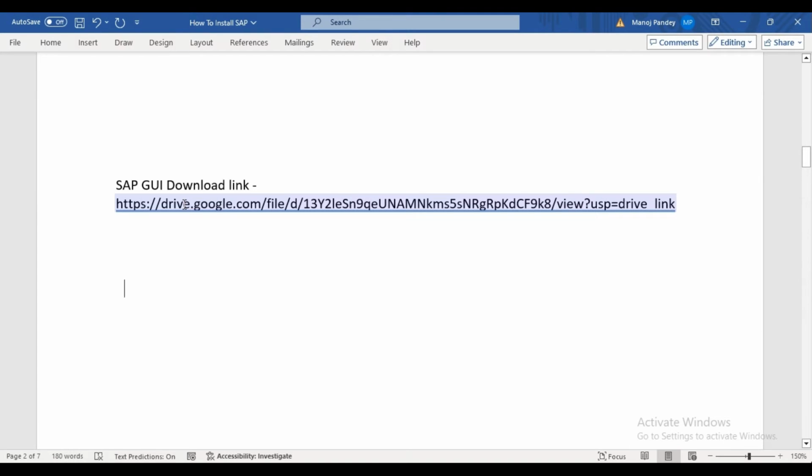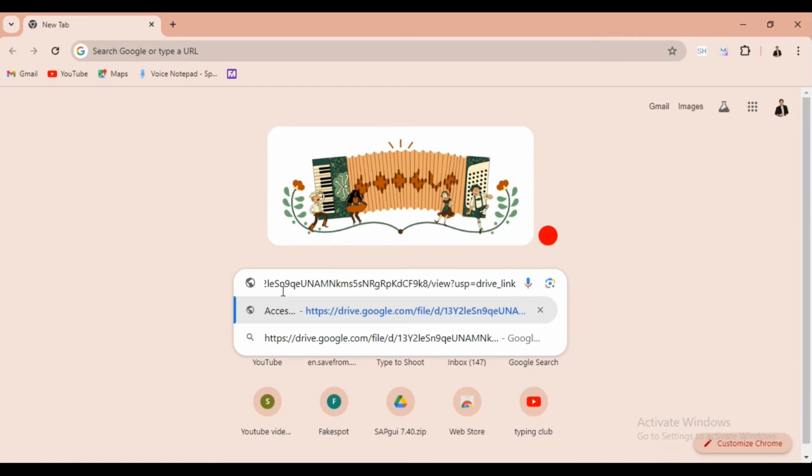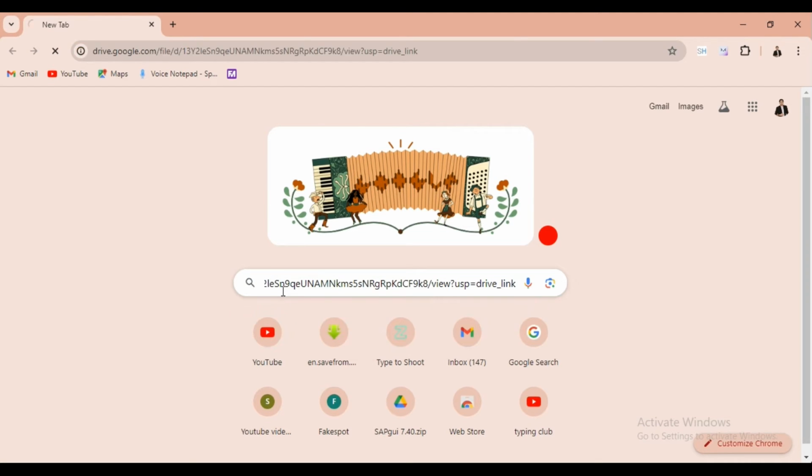So you can directly click on that link and download SAP GUI with the help of that link. Right now I'm going to copy that and paste it on Google, but you can directly click on the first pinned comment, where the GUI download link will be available. You just need to click on that.